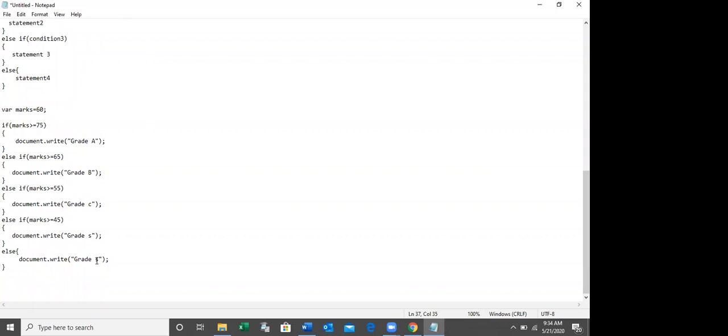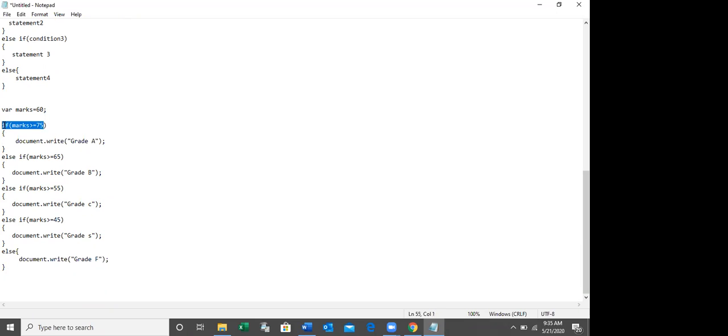So the result will be fail. Okay. Hereafter, I'm not going to check any condition, right? So if you are not going to check any condition, you can directly put else statements, right? So the marks is greater than 75, this condition is true, the statement will be executed.